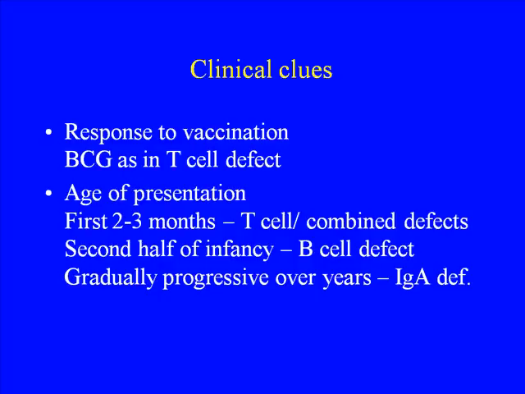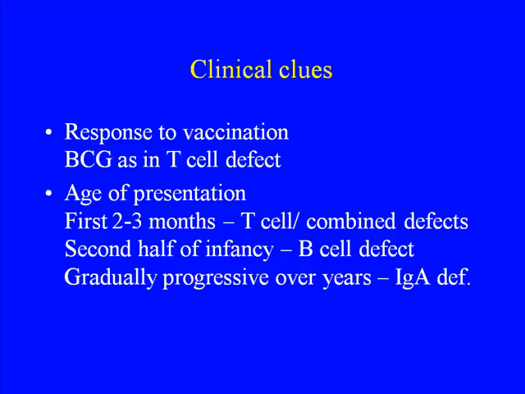Some of these immunological deficiencies may go on very, very slowly, and it's quite amazing to know that a large number of us may be mildly IgA deficient. IgA deficiency is pretty common, and many of them may get over as age advances, and to that extent the other immune functions take over the deficit of IgA. But if you have an IgA of 0, then of course you are doomed.